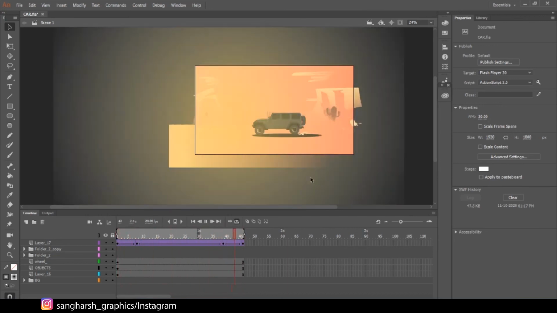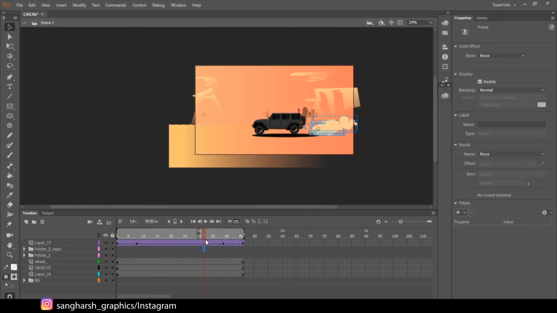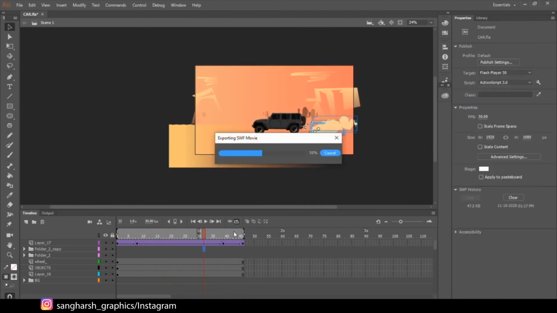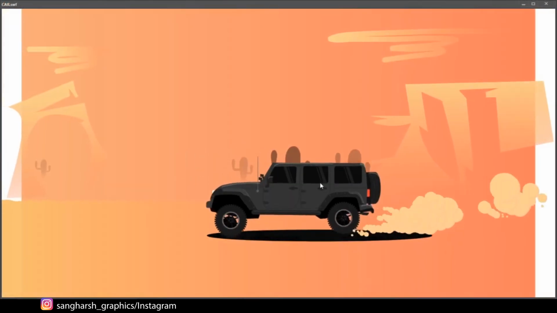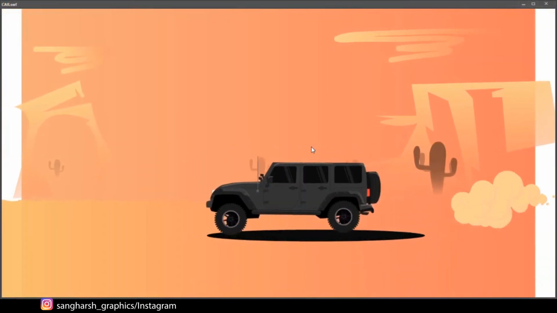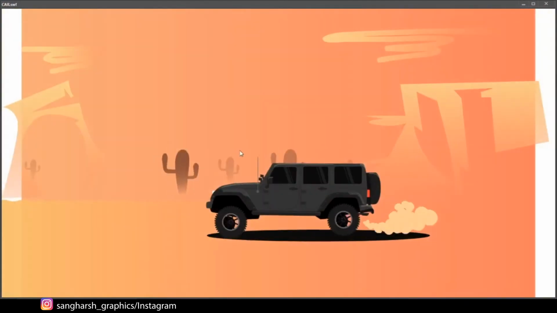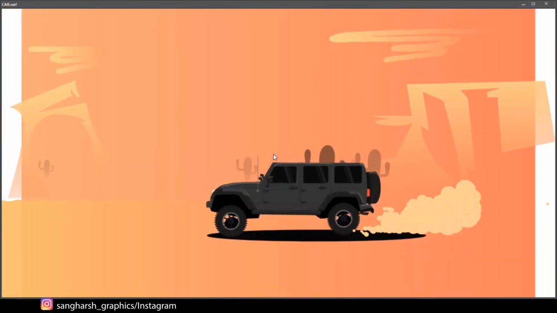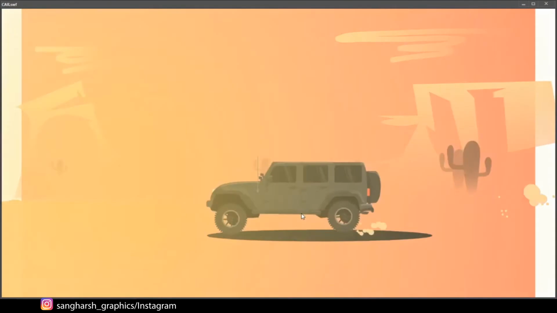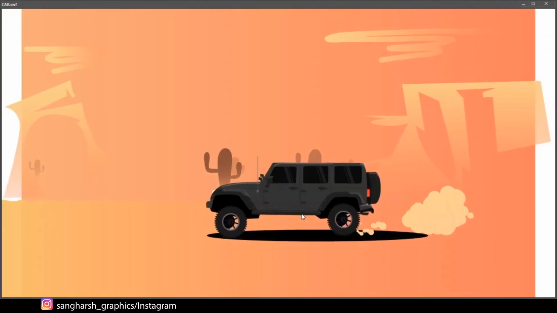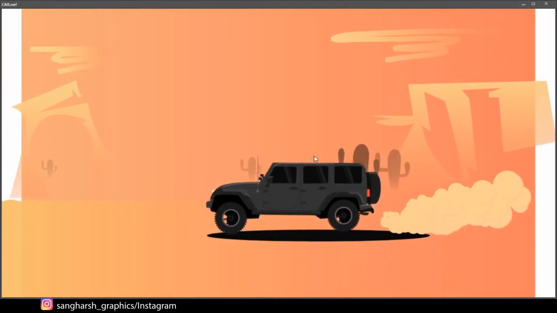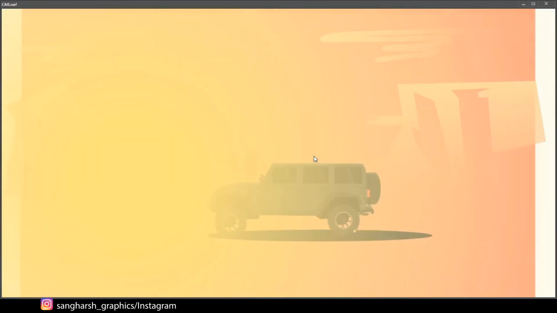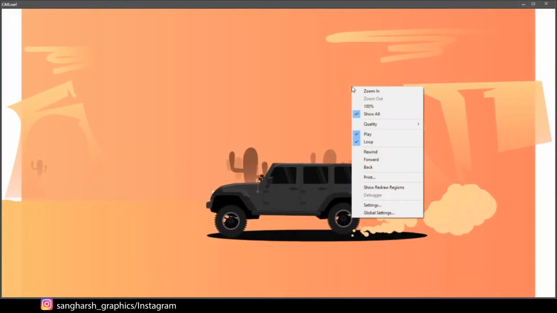You can just press Ctrl and Enter to add a SWF preview. It will take some time to render. As you can see, we have this, it's hiding the jump cut really well, and the whole animation came out really good. I was not expecting this, how it works or not, but it worked nicely. Yeah, I know there are some queries, but it's looking good.